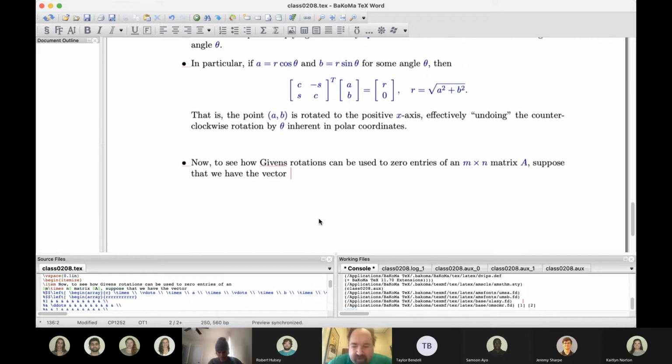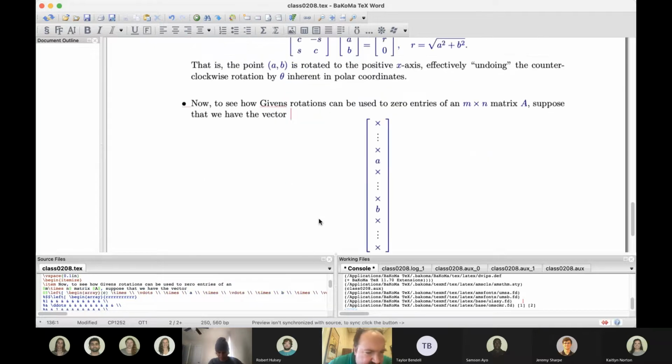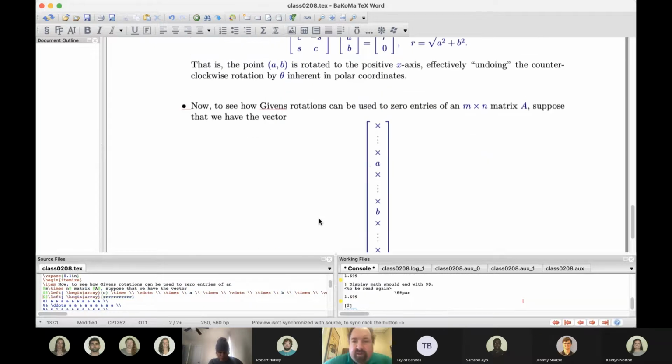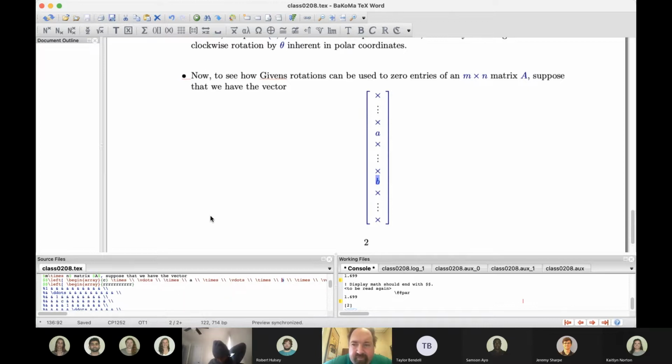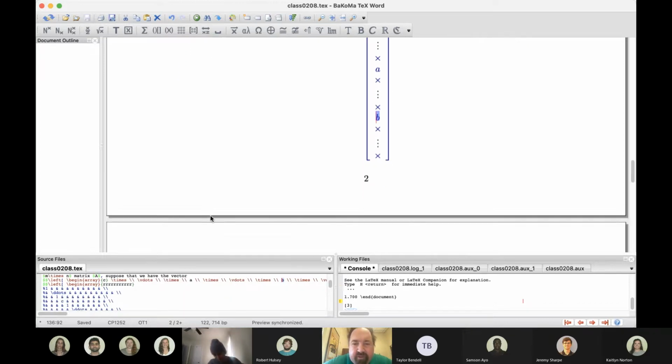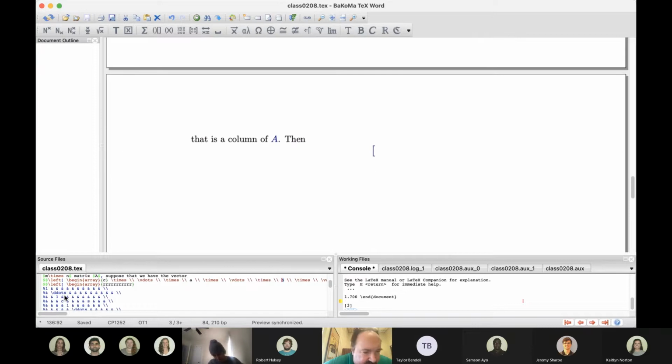All right, so let's suppose I have some vector that I want to work with. So here's my vector, and I don't really care what's in this vector except at two particular positions where we have this a and b. So I want to use a to zero out b. And the other entries that are marked by x's, I don't care about them. I'm not going to touch them. So the way you do that, using a Givens rotation,